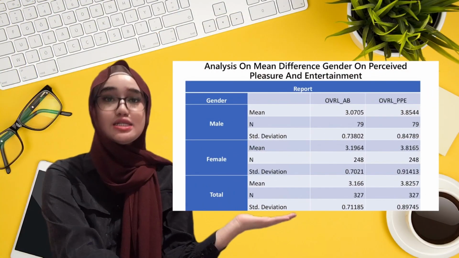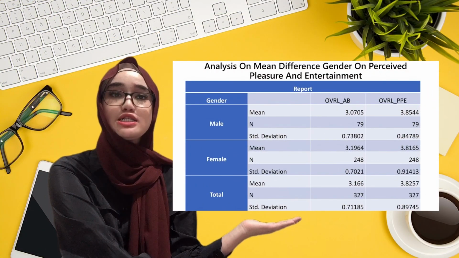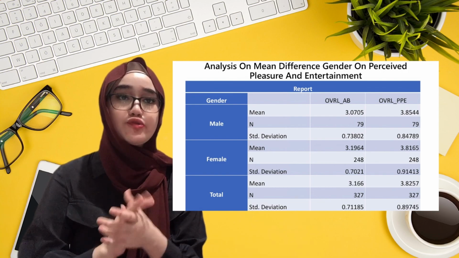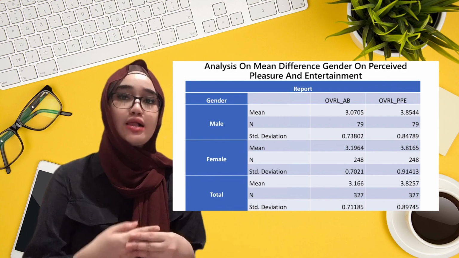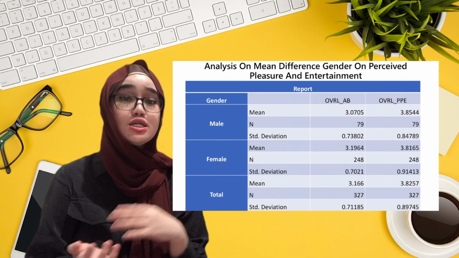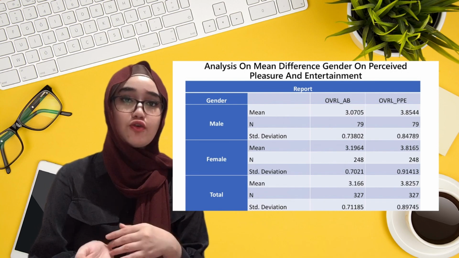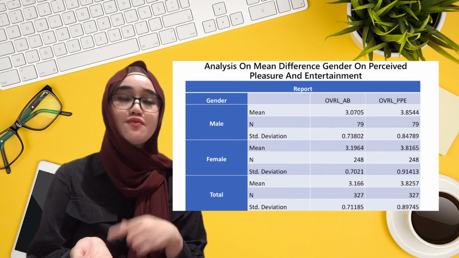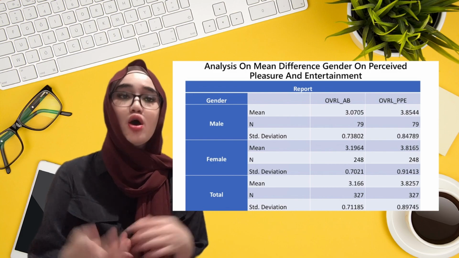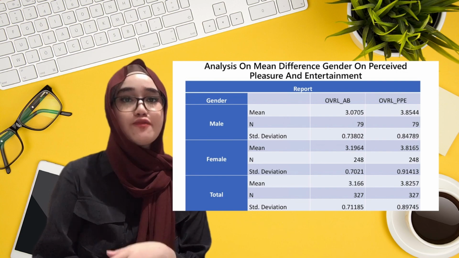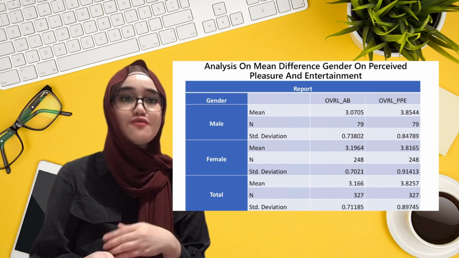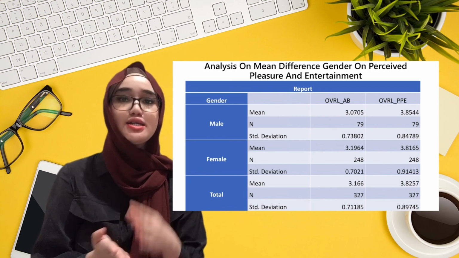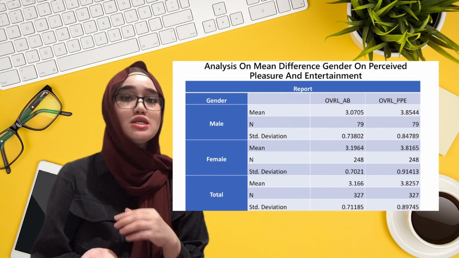And this is the analysis on mean difference of gender on perceived pleasure and entertainment. The analysis on mean difference between gender was taken for the research. The mean score for male on overall actual behavior is 3.0705, which is less than the female, whose score is 3.1964. On the other part, the mean score for the male on overall perceived pleasure is 3.8544, which is higher than female, whose score is